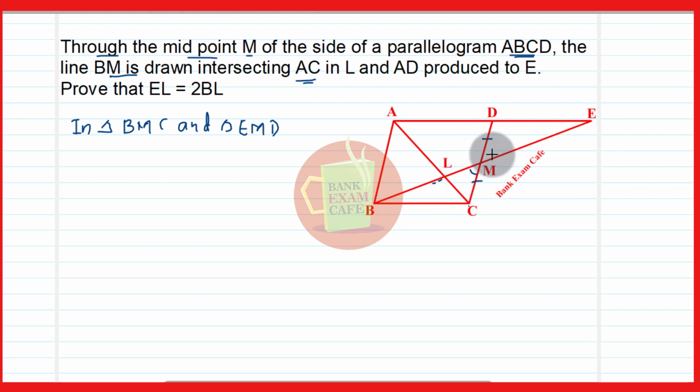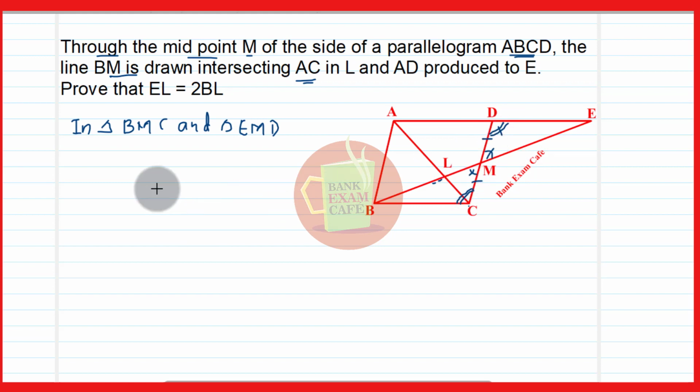Then second, this angle will be equal to this angle, because these two angles are vertically opposite angles. Then we know that this is a parallelogram, and therefore AE is parallel to BC. AE is parallel to BC, that is given, and DC will be a transversal. Then this angle and this angle will be the alternate interior angles, and these two alternate interior angles are also equal, and therefore by ASA rule these two triangles are congruent.